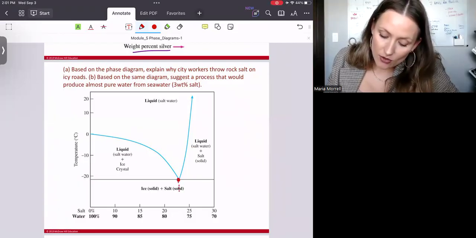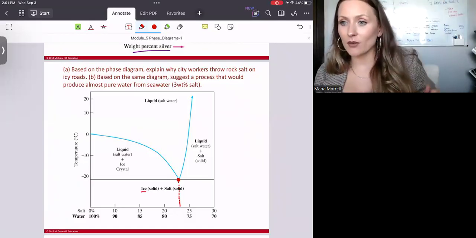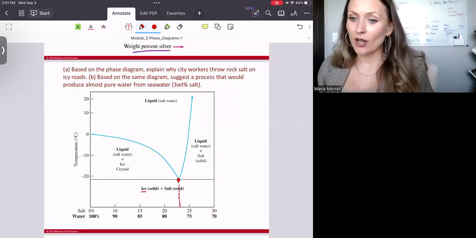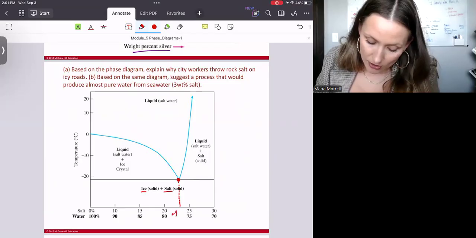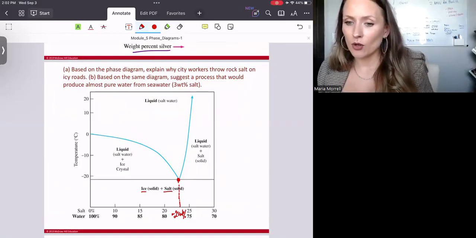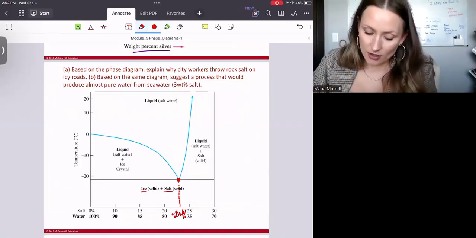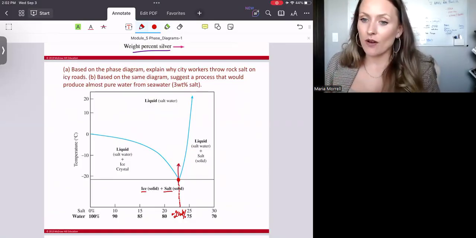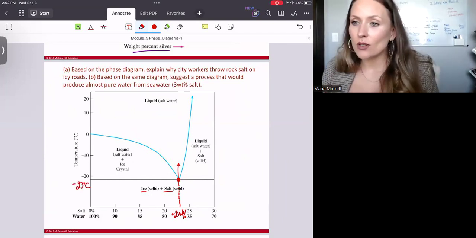If you create a solid solution, and specifically you're going to have ice, which is gifted, granted by winter, by Mother Nature, it's everywhere on our roads, then all we have to do is drop approximately 23 weight percent of salt. Once we throw the salt, usually we throw a lot more, but guess what? That means that your composition is going to melt. It's going to liquefy, and it can do so at temperatures as low as roughly -23 degrees C. So that basically